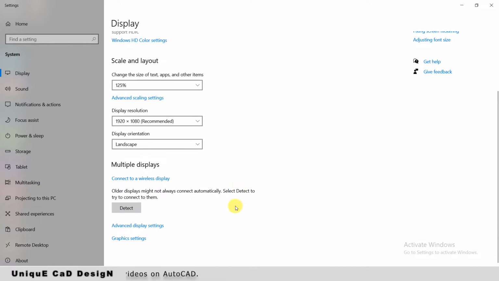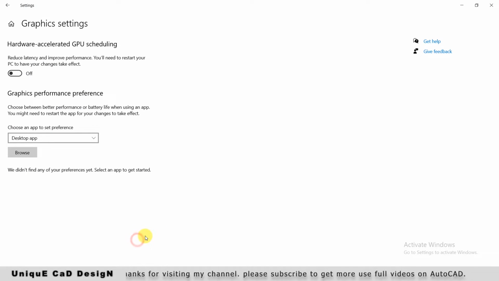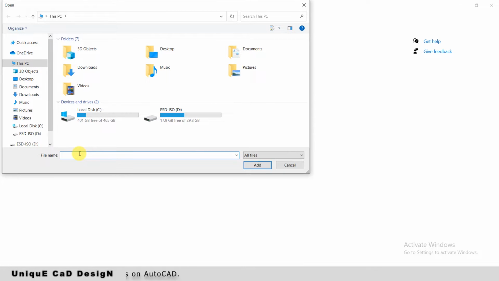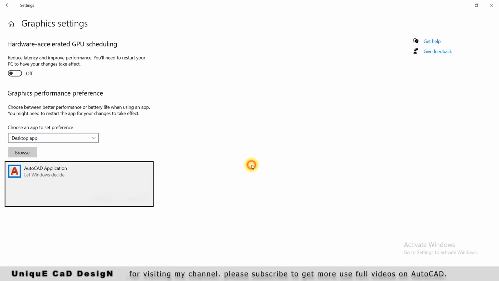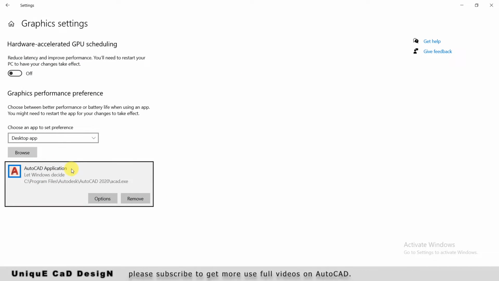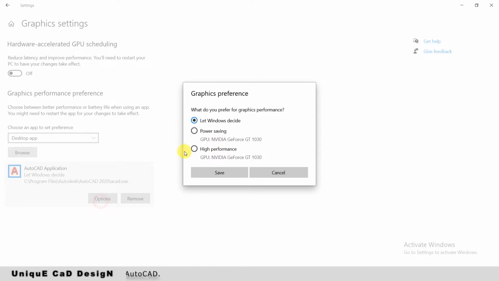Just scroll down. At the bottom you will get Graphics Settings. Click on that and here select Browse, and paste the copied path. Then click on Add. Now the AutoCAD application is added here. Then click on Options and here select High Performance